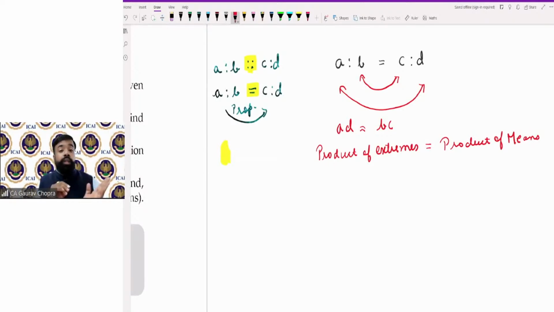Product of extremes is equal to product of means. मीन्स का मतलब हो गया मिडल टू टर्म्स, बीच की दो वैल्यूज. तो हमें किसको मल्टीप्लाई करना है, कॉर्नर वाली टर्म को ऑन लेफ्ट हैंड साइड और मिडिल वाली टर्म को ऑन राइट हैंड साइड. ओके, सो दीज टू विल बी इक्वल. तो जब भी कोई दो रेशियो प्रोपोर्शन में हैं, देन दे विल ऑलवेज फॉलो दिस कंडीशन: AD is equal to BC, or you can say that first term multiplied by the fourth term